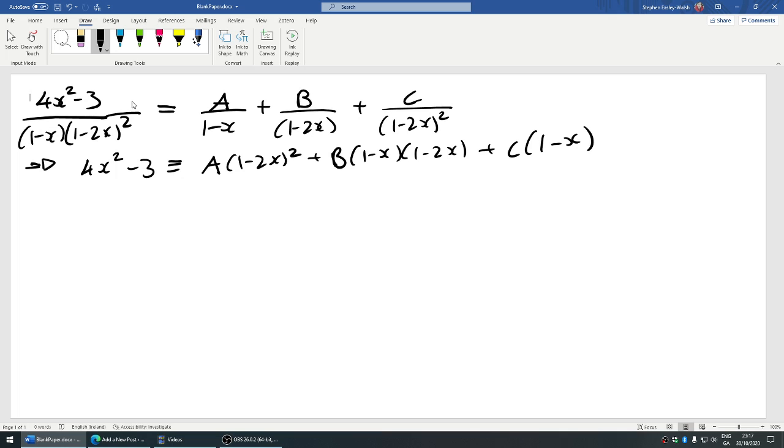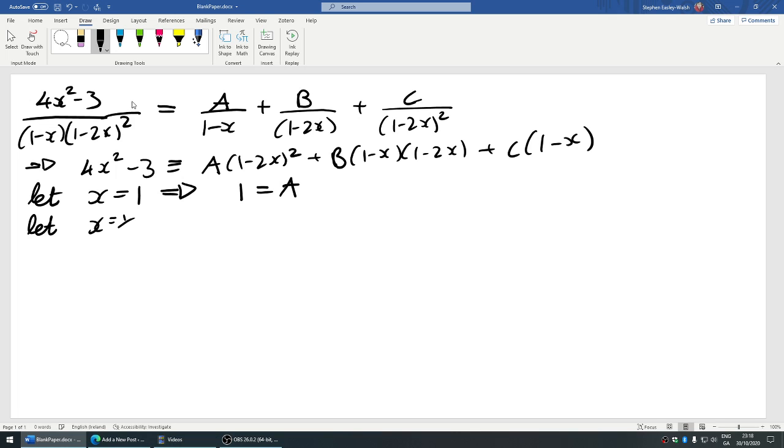Now this is an identity which is true for all values of x, so if you let x equal 1, then you would get 4 minus 3, which is 1, should equal, 1 minus 2 is minus 1 squared is 1, so that's A. Okay, next we should let